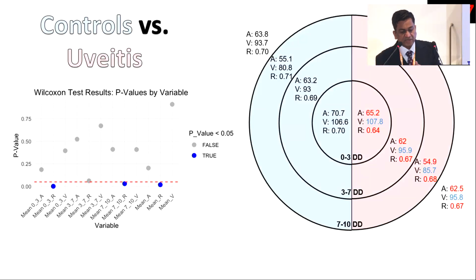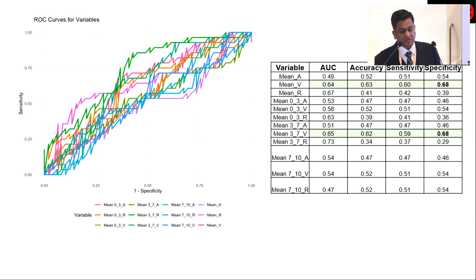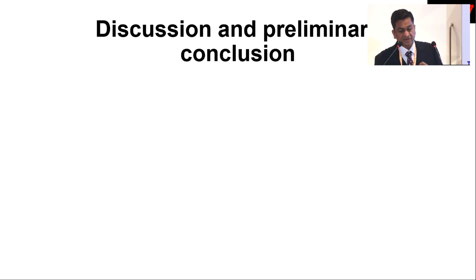So we'll not get into that. There are some results, very preliminary. This is just to show you the work in progress: inactive, active uveitis, control uveitis, and longitudinally what happens, trying to validate. So for me, anything which we want to propose, we want to validate it before people in the group or the community of general ophthalmologists or uveitis specialists can use it. So that's something which we are trying to do.